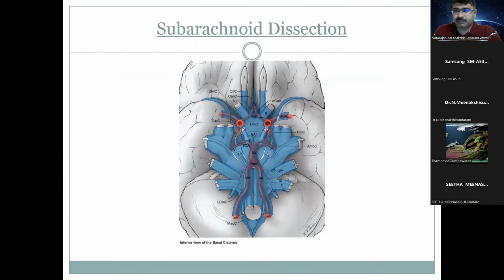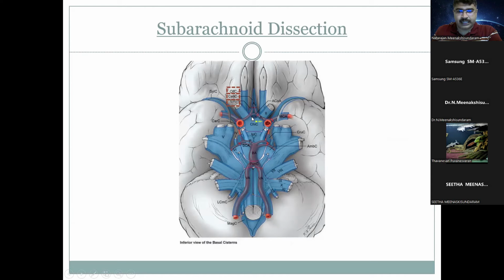The first and foremost thing which is important in aneurysmal surgery is the subarachnoid dissection. So knowledge and understanding of the cisterns is very, very important. There are various cisterns in the skull base, and each cistern has certain vessels related to it. This is the callosal cistern, and the lamina terminalis cistern, in which the anterior cerebral artery, and anterior